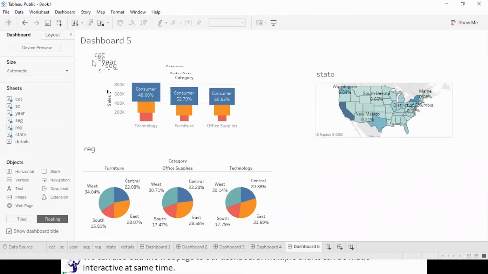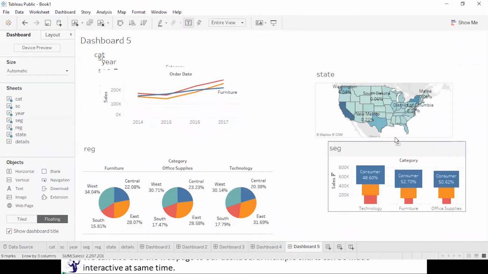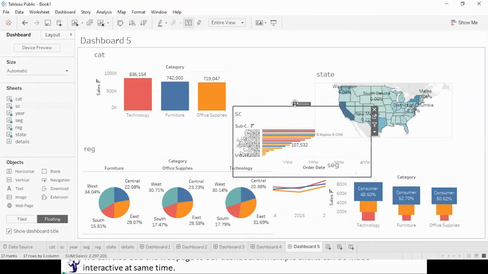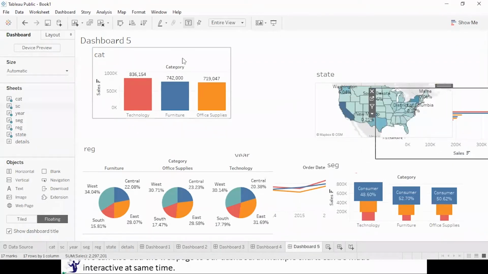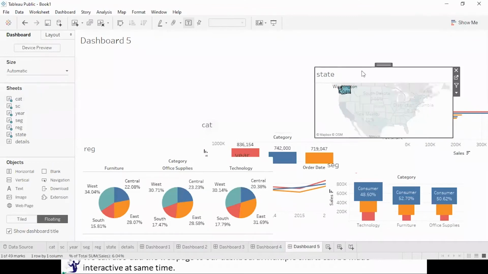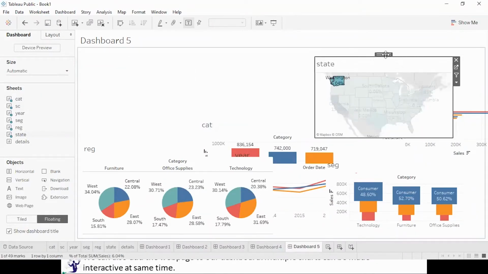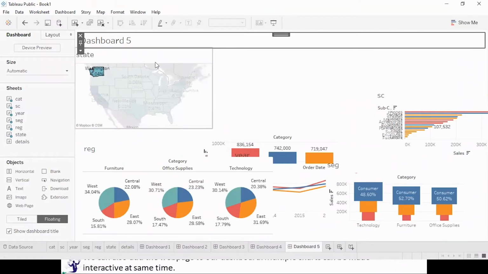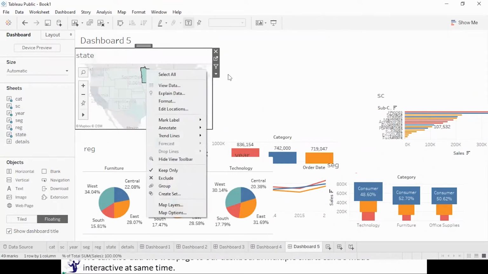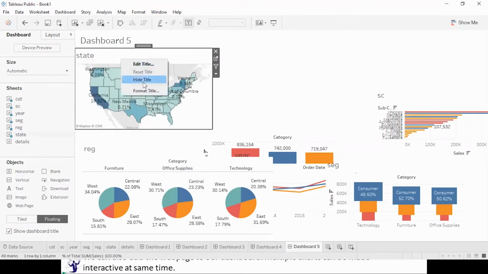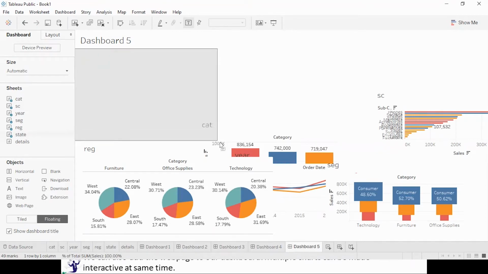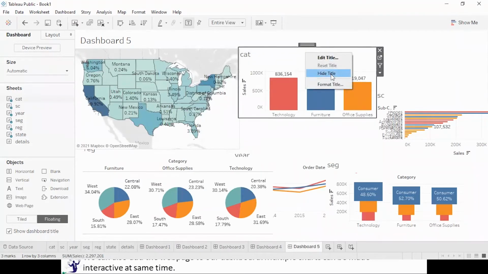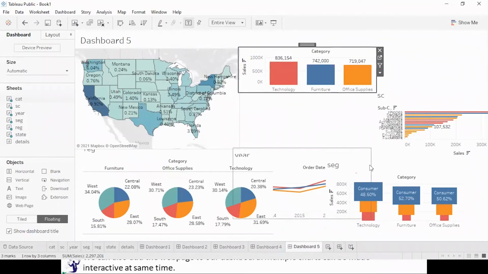Let's try it. Let's take this dashboard title as well. So here you have to adjust everything manually.